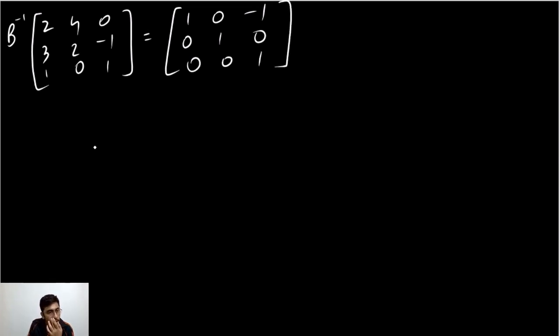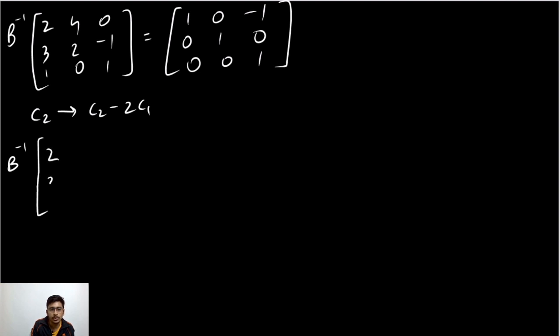Okay, so what can we do next? Let's say we want to convert this 4 into 0. So how can we convert that 4 into 0? We'll write C2 becomes C2 minus 2C1, because 2 twos are 4, so 4 minus 4 becomes 0. So what we'll get is B inverse into 2, 3, 1. First column will be the same, third column will also be the same, but the change will be 4 minus